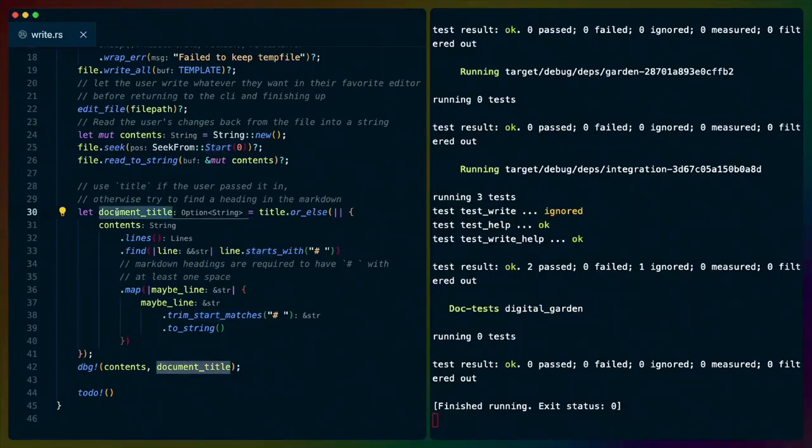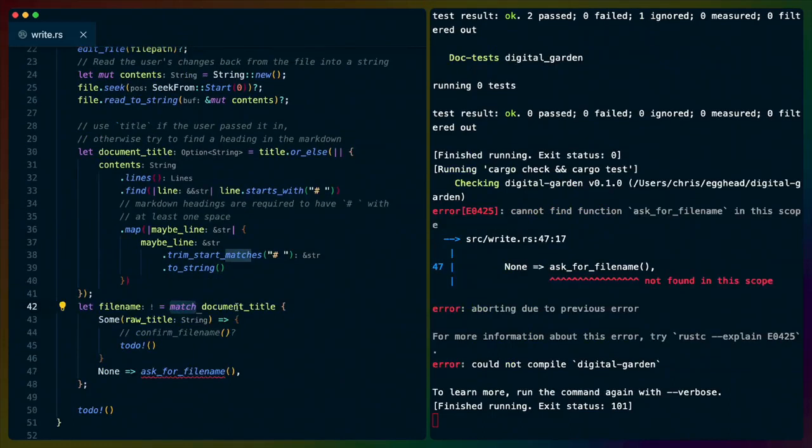Given the potential document title, we now want to ask the user if the title is still what they want to use so that we can write the file to disk. This will involve 2 paths, depending on if we have an existing potential option in document title or not. We'll match on document title, and if we have an option, we're going to ask the user to confirm the file name. For now, we'll leave that as todo, and we'll move on to ask_for_file_name,